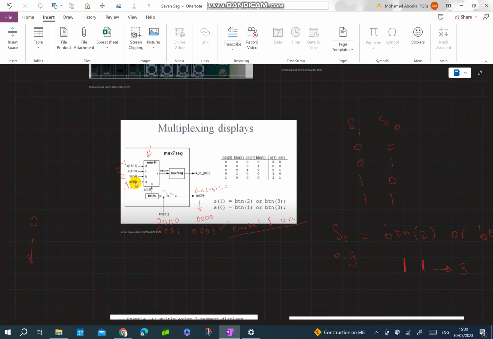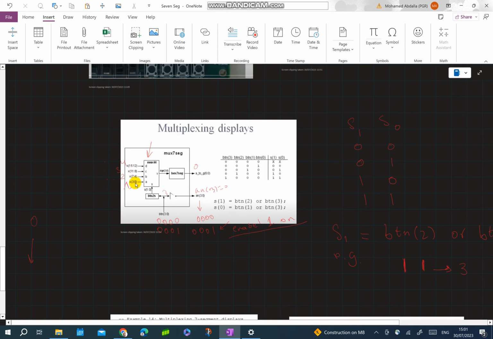But in this case, only one digit will be displayed. Why? Because we have a multiplexer. I cannot show the values of 4, 3, 2, 1 at the same time. Only one digit will be displayed at the output of a multiplexer, out of the system. So if I want to display 1, then only x3 down to 0 will be selected. If I want to select 2, then only x7 to 4 will be displayed. If I want to display 3, then only 11 to 8 will be displayed. If I want to display 4, then only 15 to 12 will be displayed. So if I have here 15